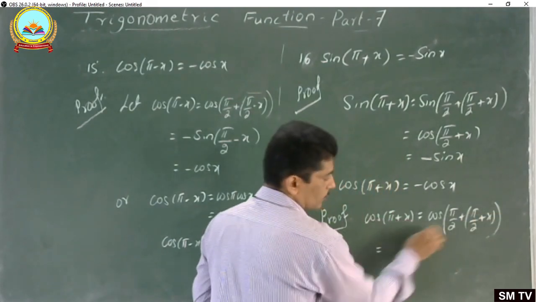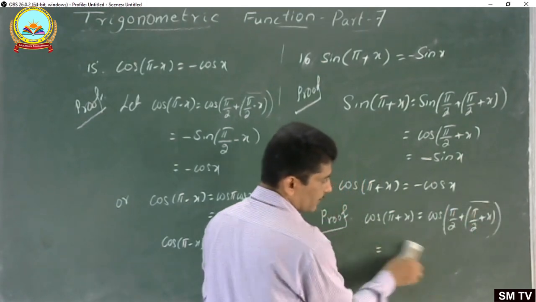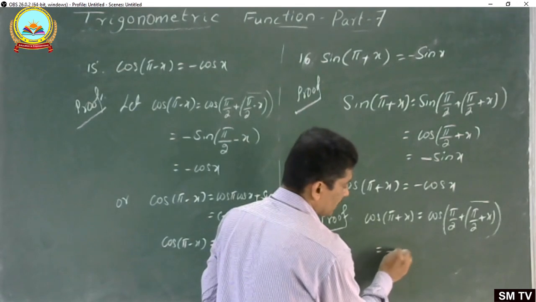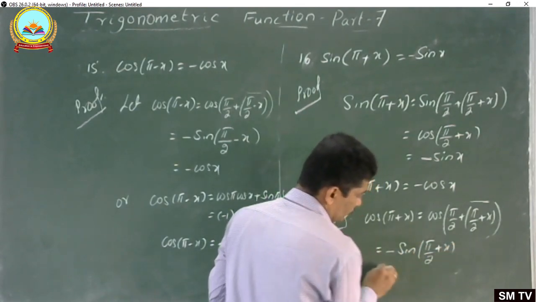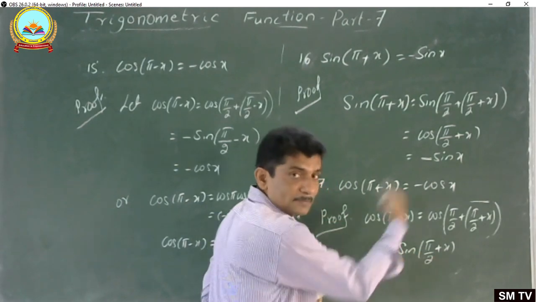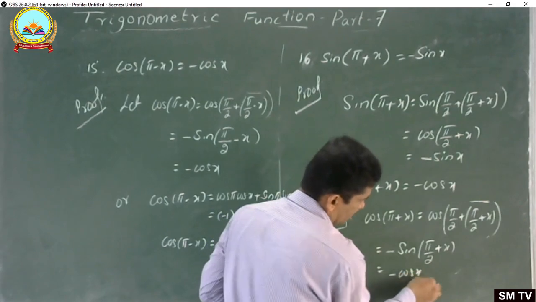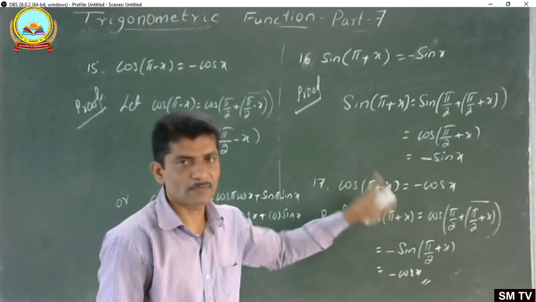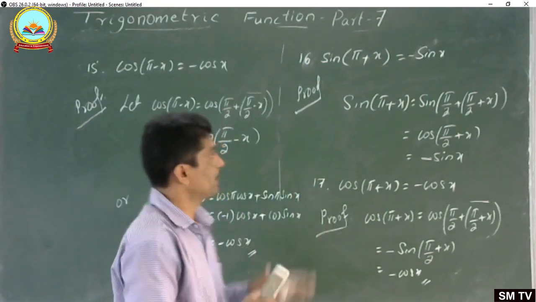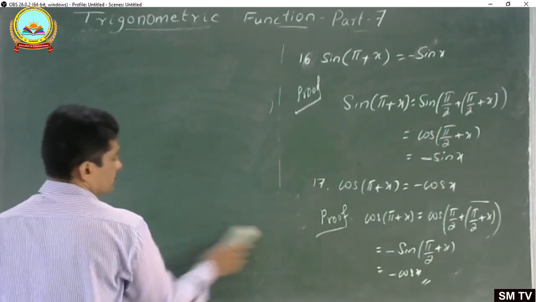Its value is equal to cos of pi by 2 plus x. What is the value of cos of pi by 2 plus x? Minus sine x, sine of pi by 2 plus x. And you know that sine of pi by 2 plus x is plus cos x, plus into minus, its value is minus cos x. Or use the cos of x plus y formula. It's clear. The next, 18th result,